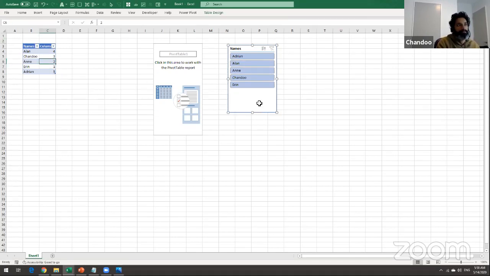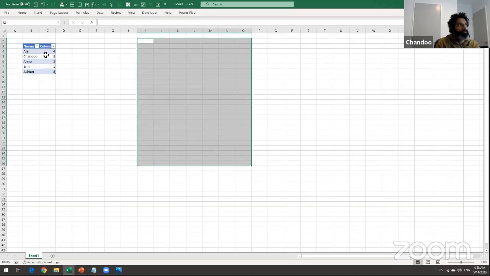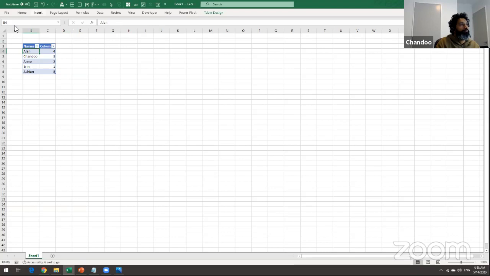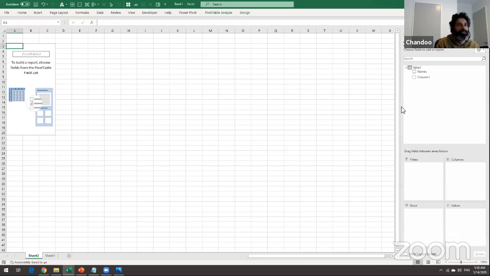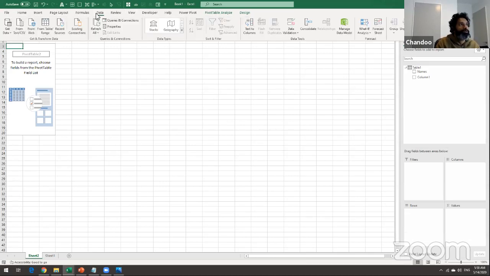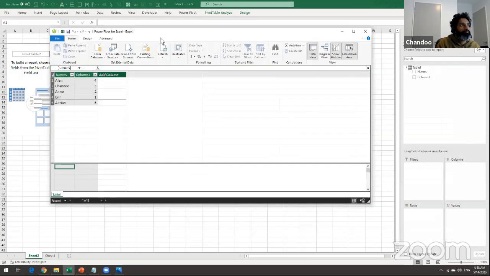So in this case, we will delete our pivot and insert it again, but this time we will add it to the data model. So this table is now part of your Power Pivot. Then we can go to the Data ribbon, and you have the Manage Data Model button. Click on that. This will take you to the backend screen within Power Pivot, where you can manage the data model.